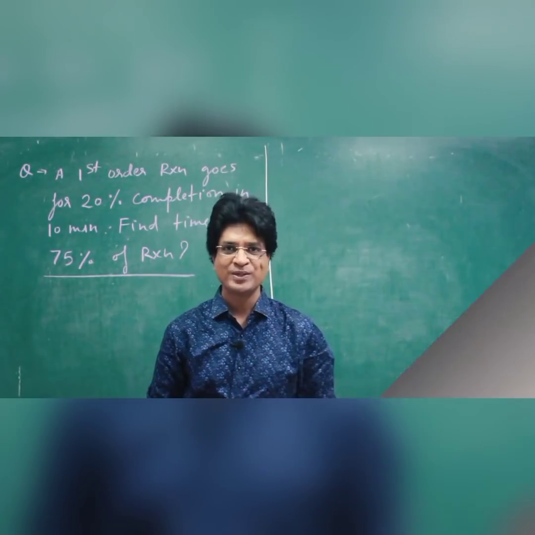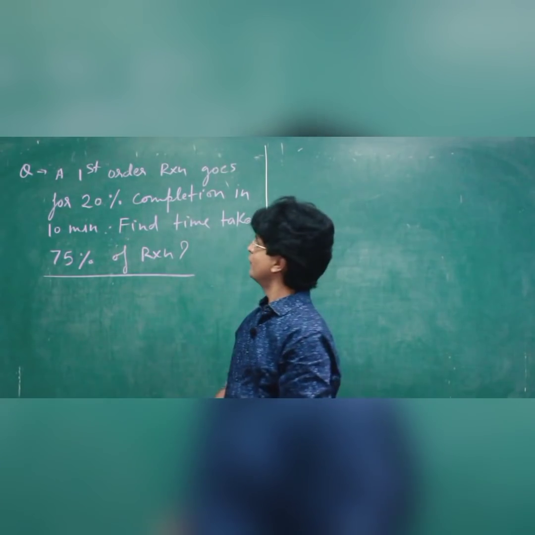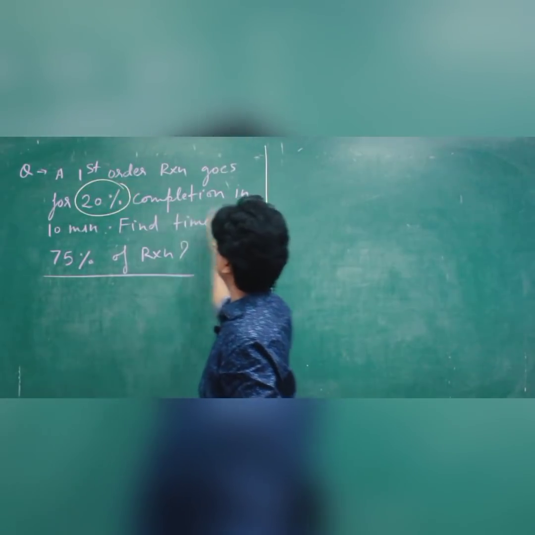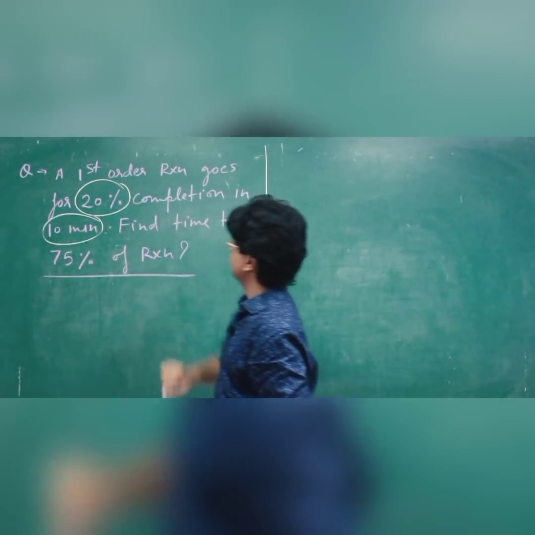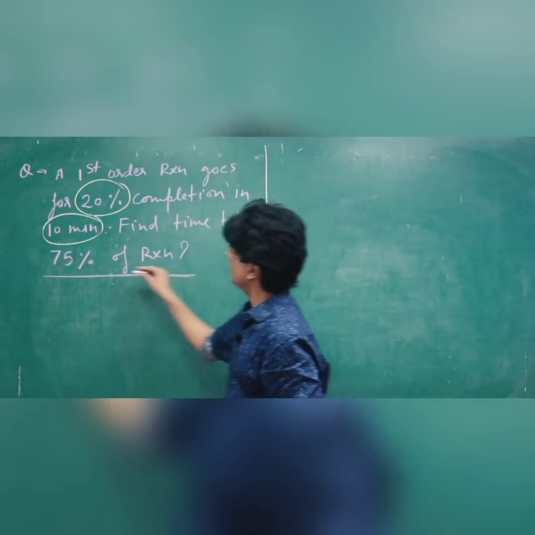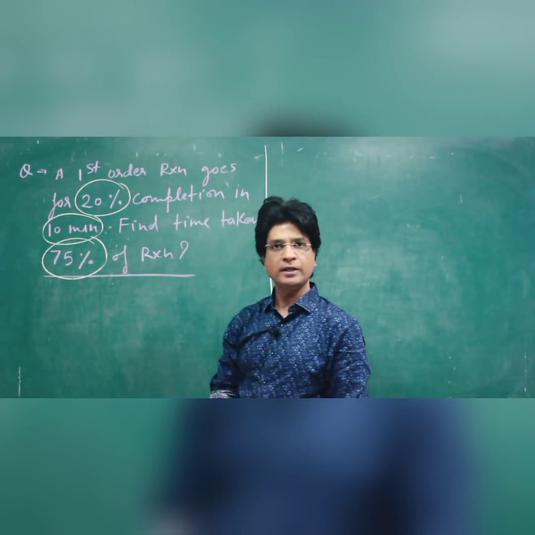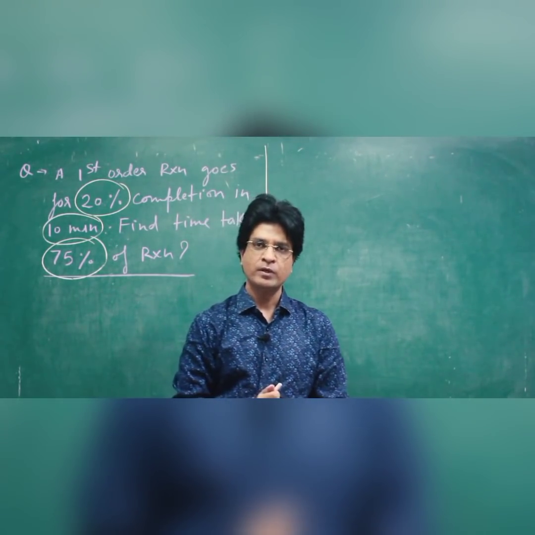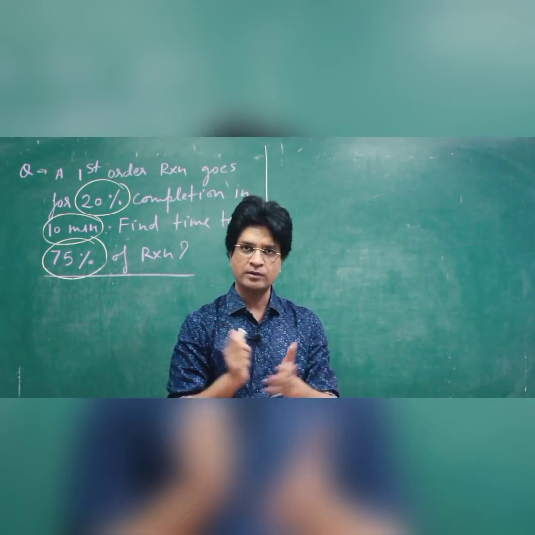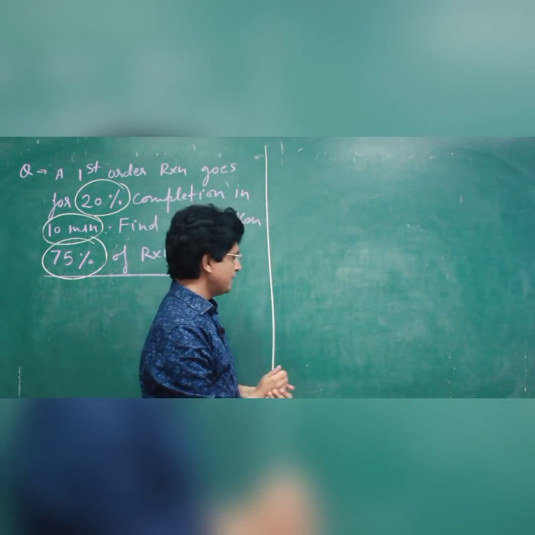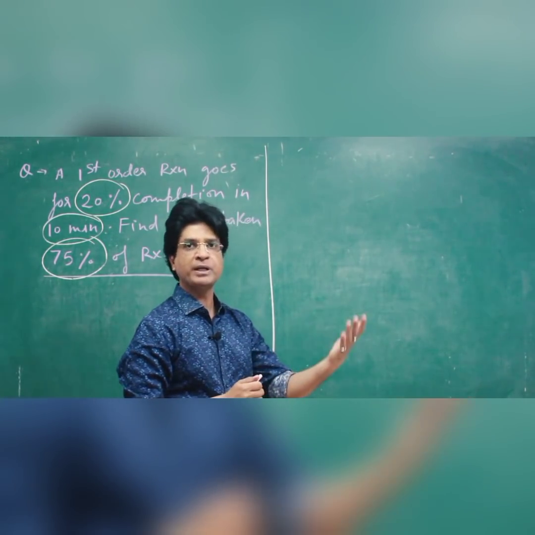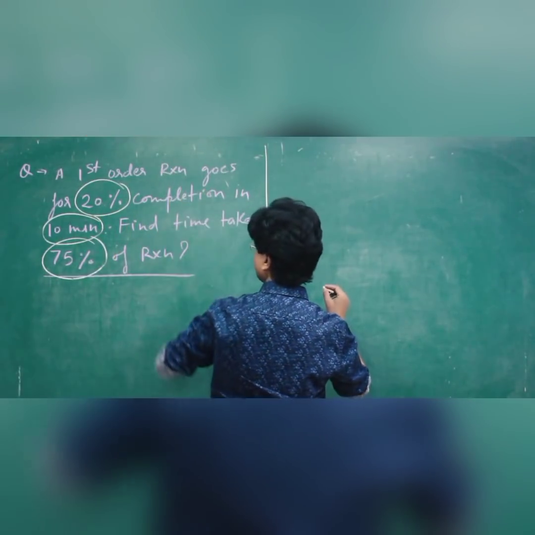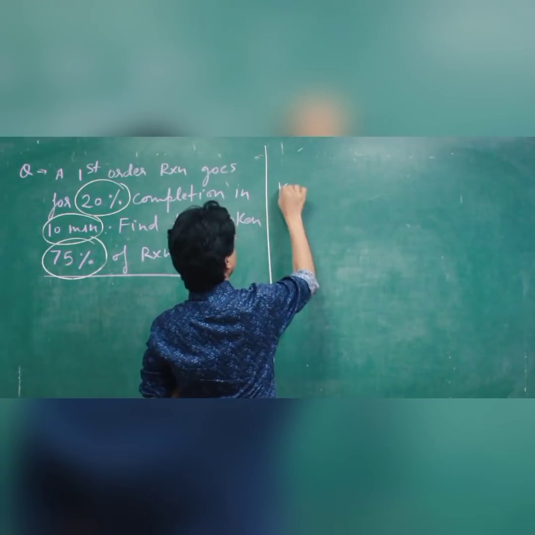Okay students, let's see one more question on first order reaction. This question says that it is 20% complete in 10 minutes. They are asking to find the time taken to complete 75% of the reaction. So how will you proceed? In any given order of reaction, the K value does not change for a given reaction until and unless you are changing temperature or using a catalyst. Here we are not changing anything like that. So I know that K will be